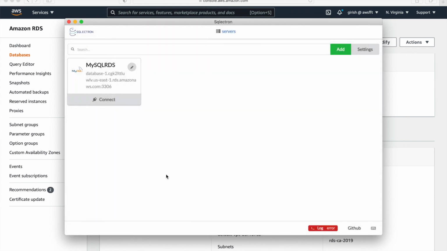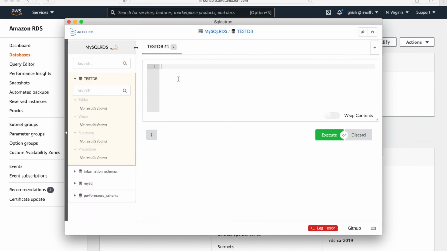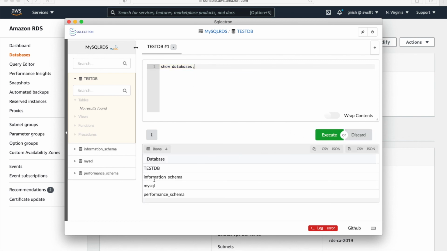Once you create this source, you can click on connect, and there you go. You have a connection made to the database, and here you can do whatever you want related to what we just talked about, creating a user ID without specifying a password, because for IAM authentication we do not need a password as such. And that is the whole purpose of it.